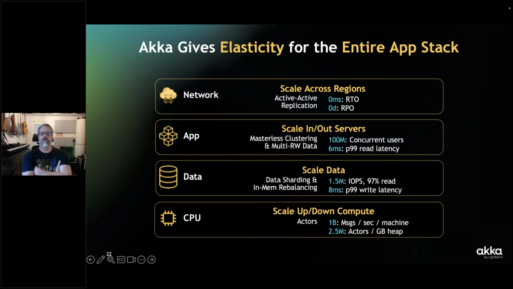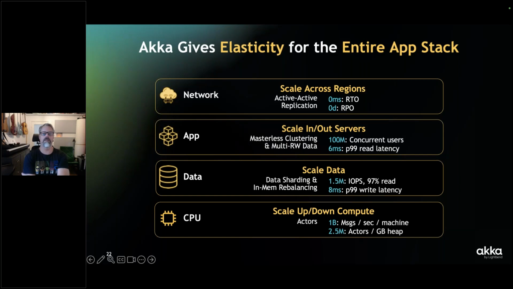So using these principles, we in Akka have been able to support elasticity across the whole application stack, from CPU up to the data layer, whether it's event logging like we use or something like a data mesh, all the way up to the app and the network. For CPUs, we scale up and down using actors and streaming. Data allows us to do automatic rebalancing and replication. I talked a little bit about event sourcing; we also have things like streaming projections and views.